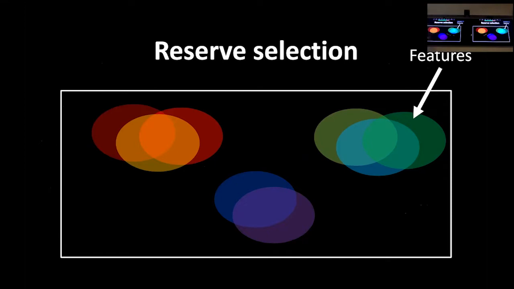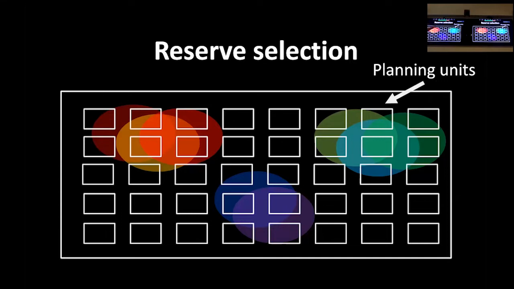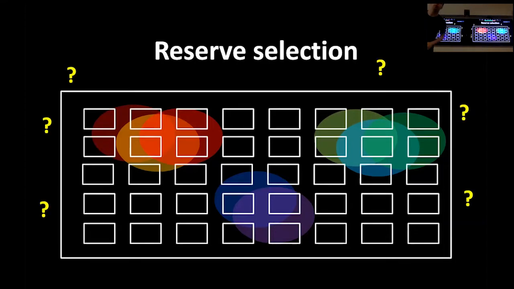If you've not done spatial prioritization before, I'm just going to give you a quick intro. Let's say you had a study area you were in charge of managing, and you had 8 species that you cared about, represented by these different circles. We'll call these features. That's just jargon for stuff we care about, essentially. And we can grid up this study area, and each of these grid cells represents a place that we could select or not to establish a new protected area or implement a specific conservation action. And the question is then, which of these grid cells should we select for our conservation action?